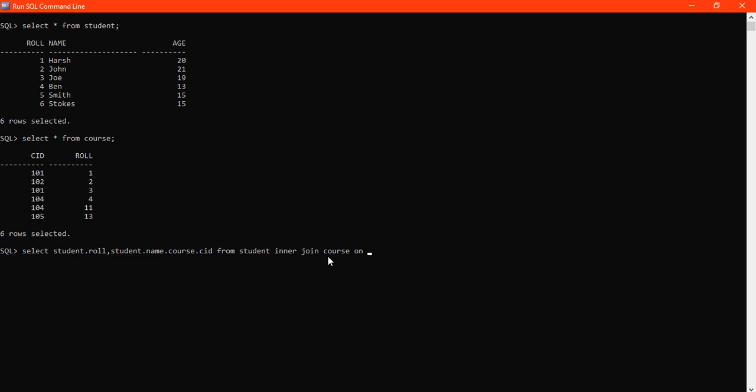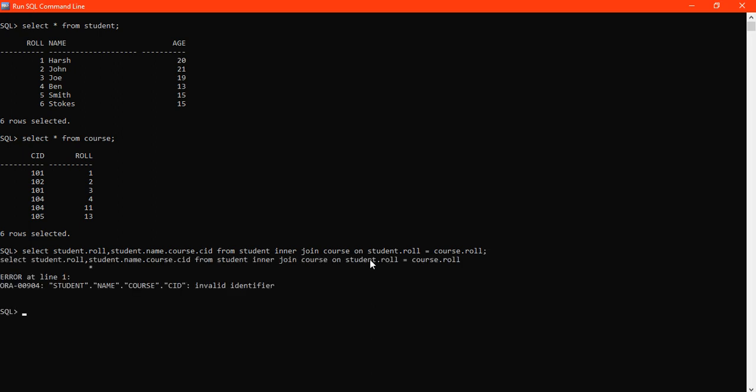If no common column name is present, it will take the cross product. But if you are using any join except natural join, that is inner join, left join, right join, full join, you need to specify the on condition, meaning the common column you want to join on, which comes after on. When the roll number in the student table, student dot roll, is equal to course dot roll, the roll number present in course, then only select and show me the data.